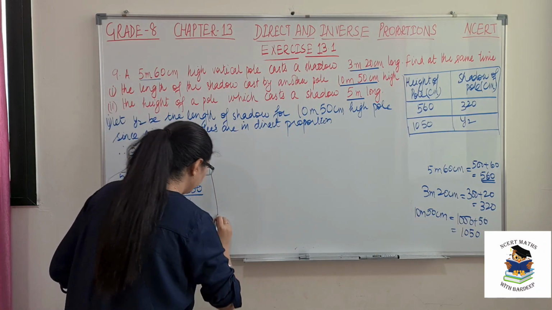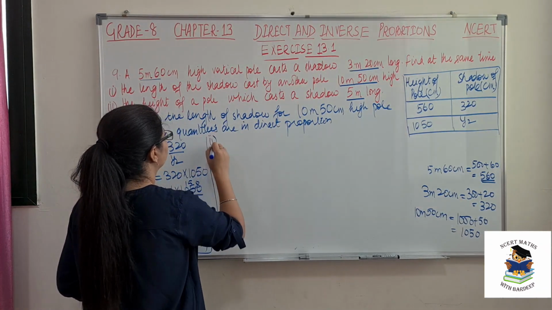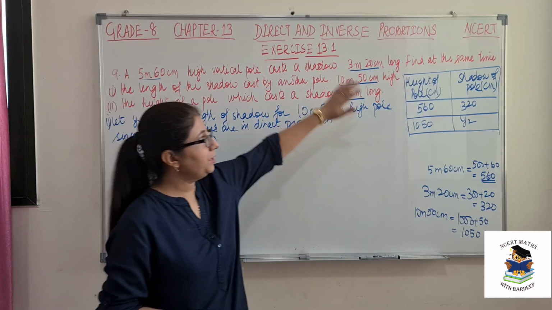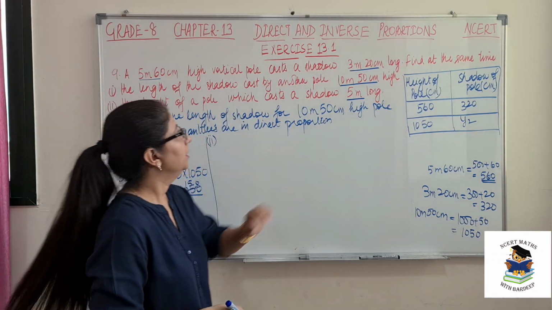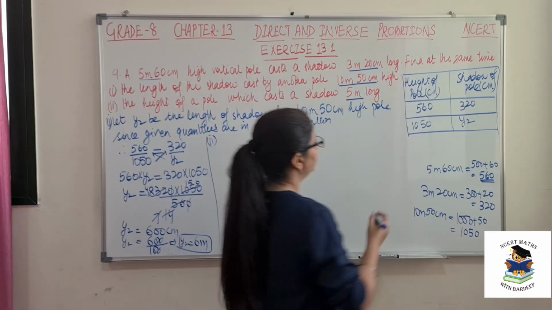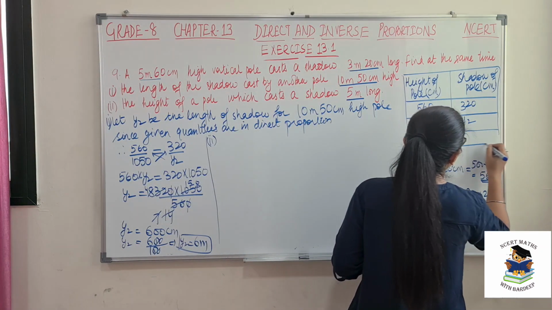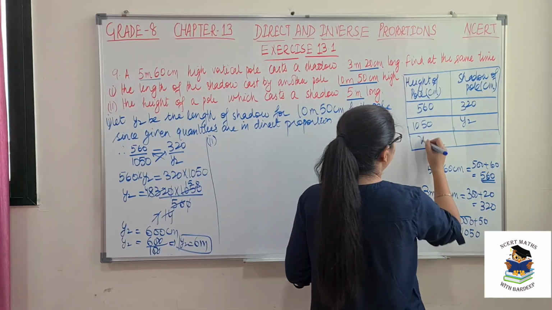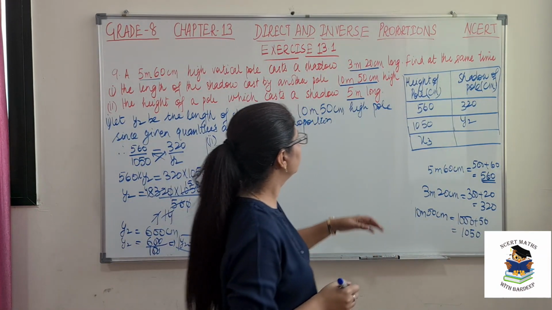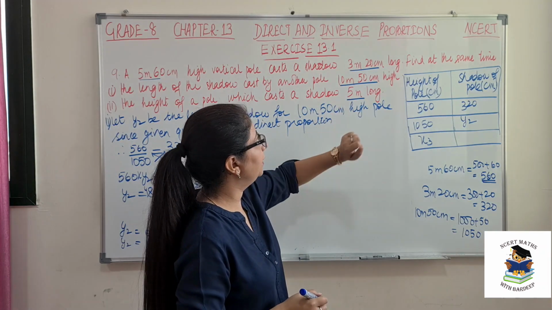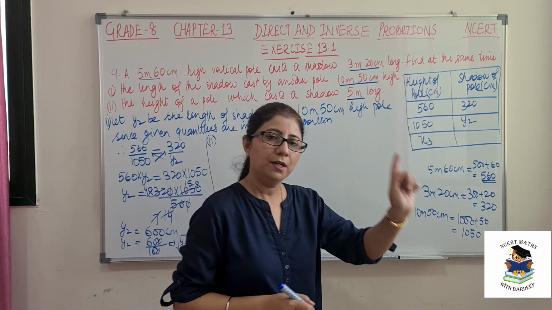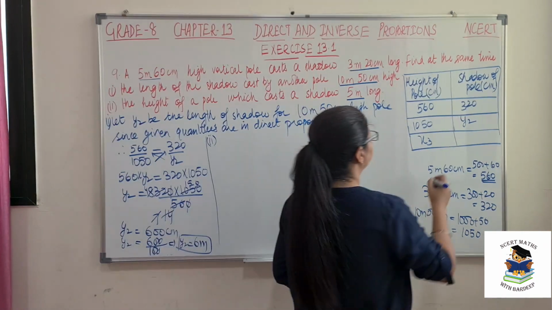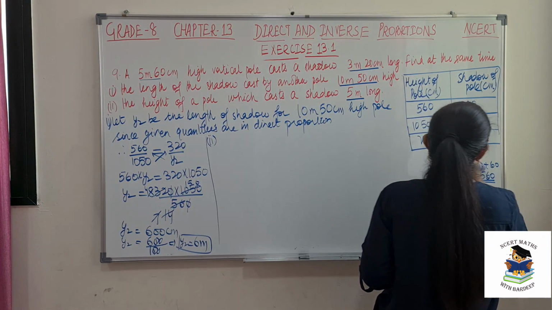Now let's move to the second one. See, the second is height of a pole. So that means we need to find height if the shadow is 500. So let's continue in the same table. Since this is x, I write this as x3 because third row, and height is 500 centimeters because 1 meter is 100 centimeters. So 5 meter means 500. So this is 500 here.